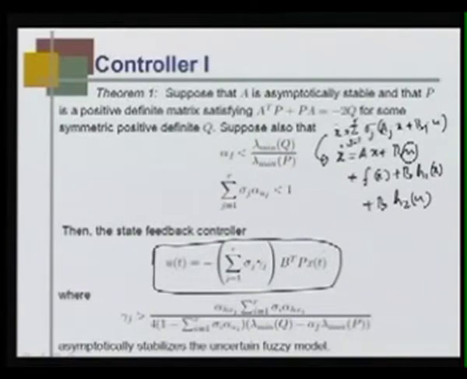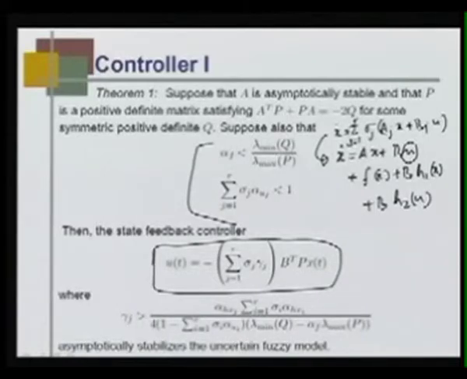This is my control law, and gamma j satisfies this particular condition, where alpha h x j, alpha u, alpha m and alpha f are all disturbance measures as we defined just now. This is only valid if two conditions are satisfied, and that is alpha f is less than or equal to